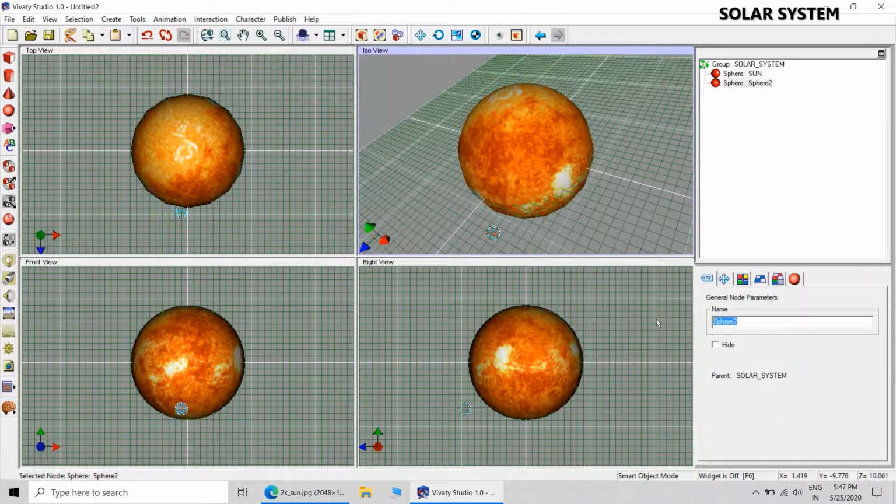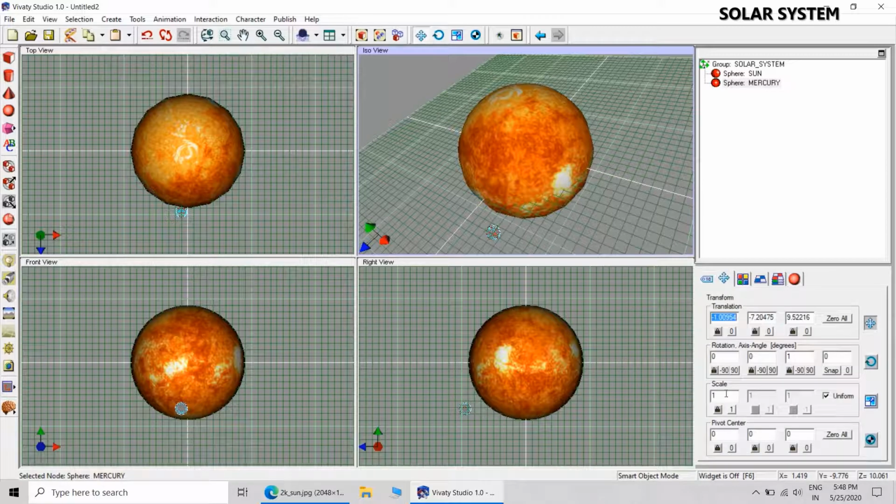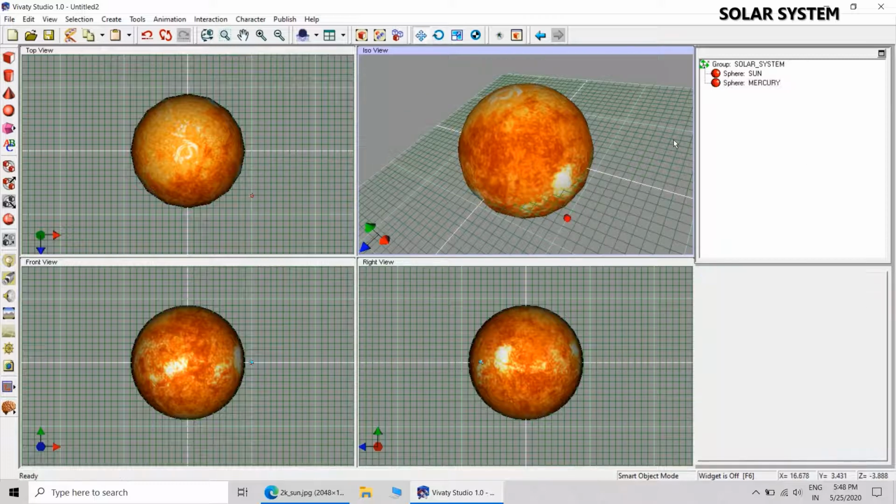Now next will be Mercury. Now Mercury, in size relative to Earth, will be 0.38. So it is a small planet as compared to Earth, and initially it will be placed at 0, 0, 0, and then we will give the appropriate coordinates: on x 10, y 0, and on z 7.